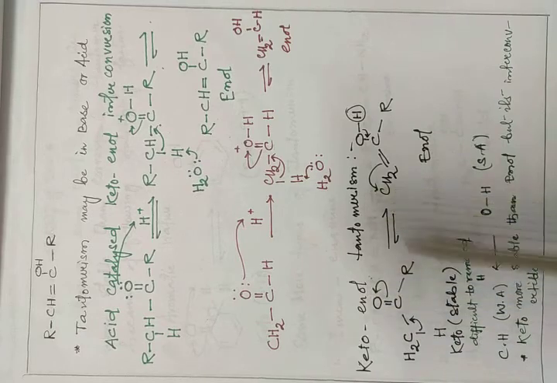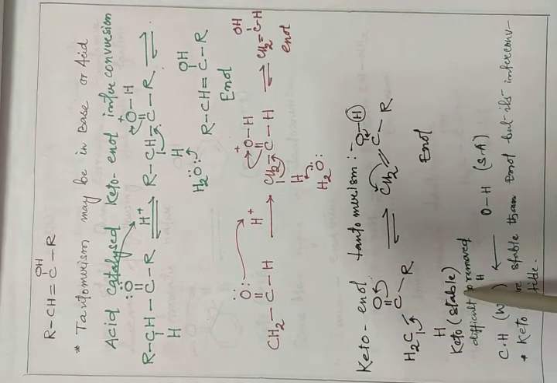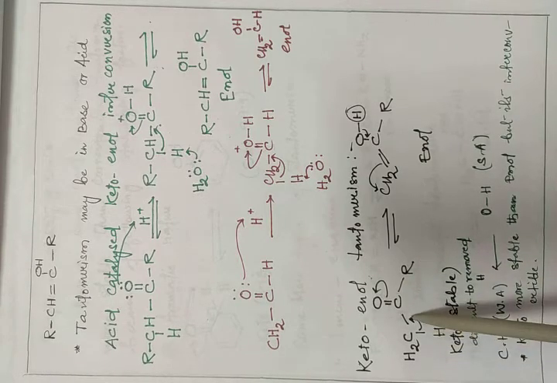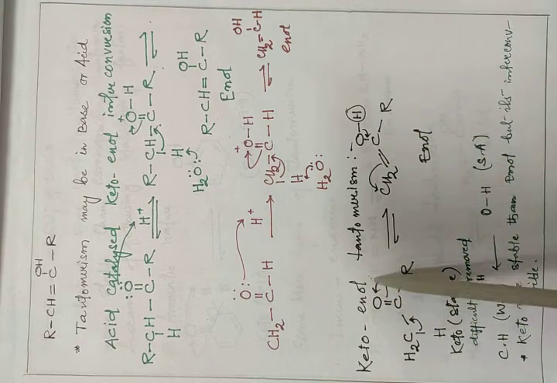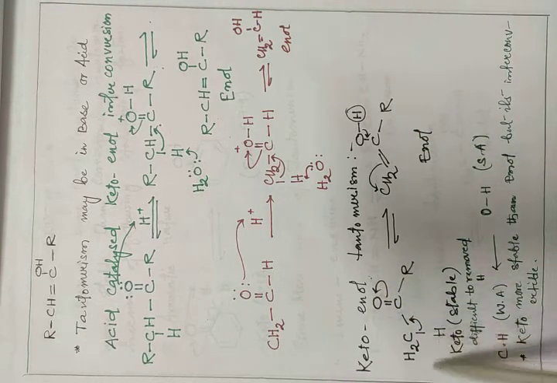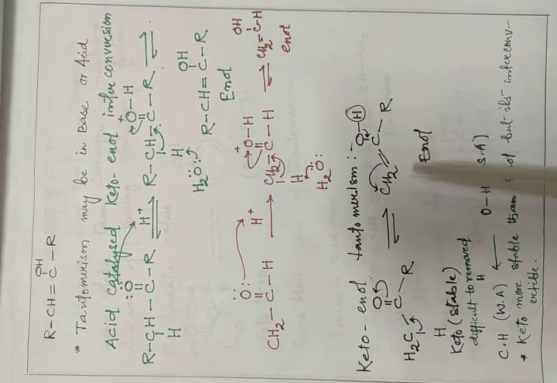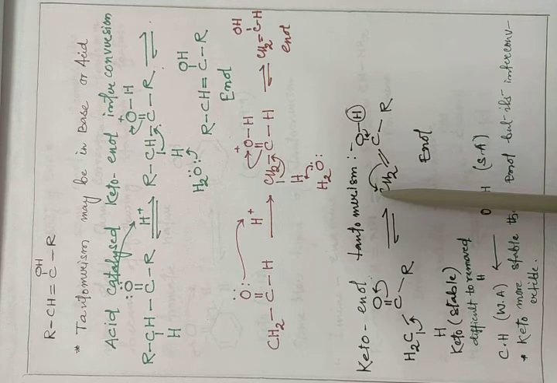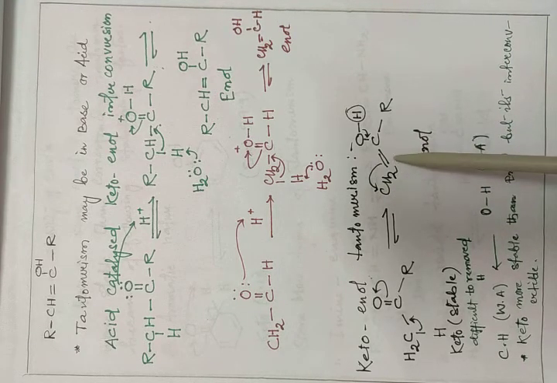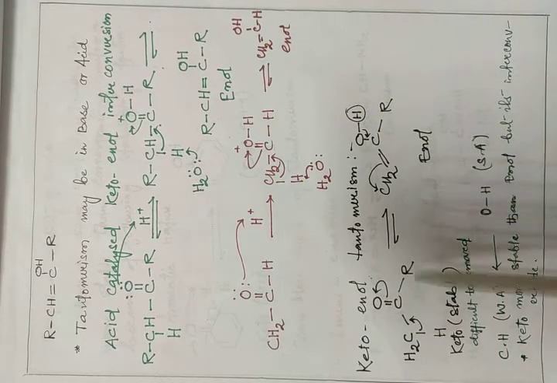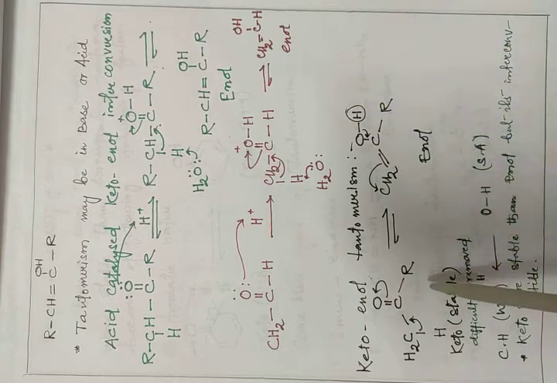Now keto-enol tautomerism. Now here this keto is stable only, and that is unstable. Here we just see: given breaking to here, then double bond, then breaking here, then this one will connect to this, then enol will form. So from that enol again we do resonance, then breaking to here. When it is breaking to here, then it will have only one, then this one will give to here a double bond, and then this one will come to here. That means it will come to its original position.